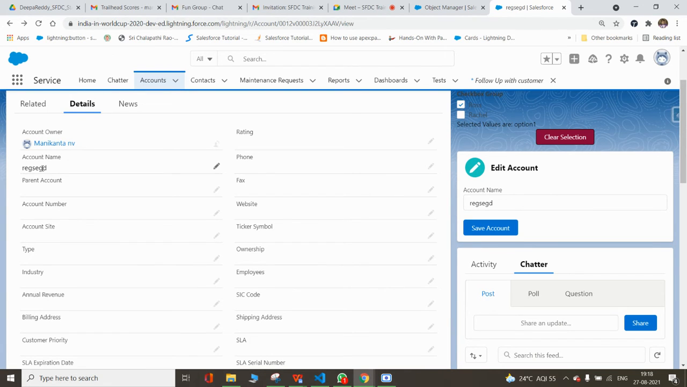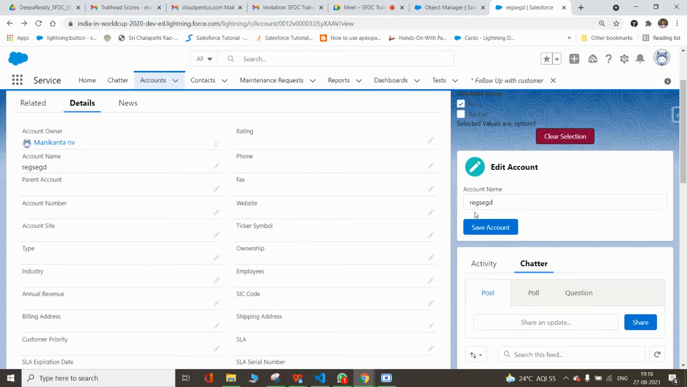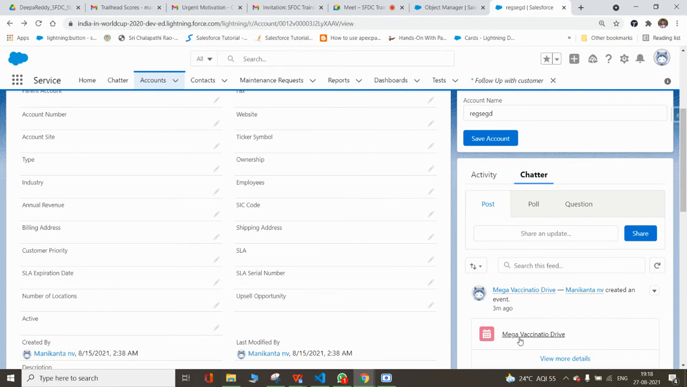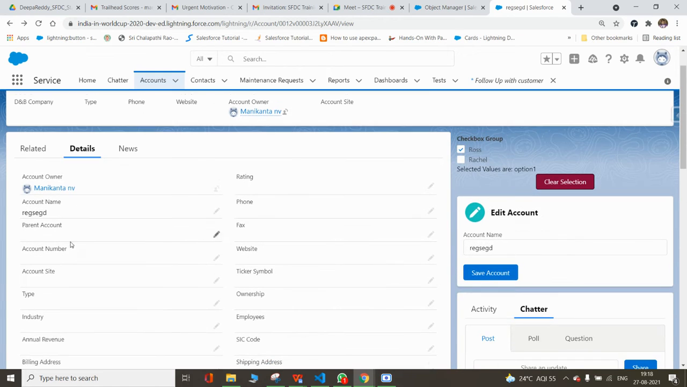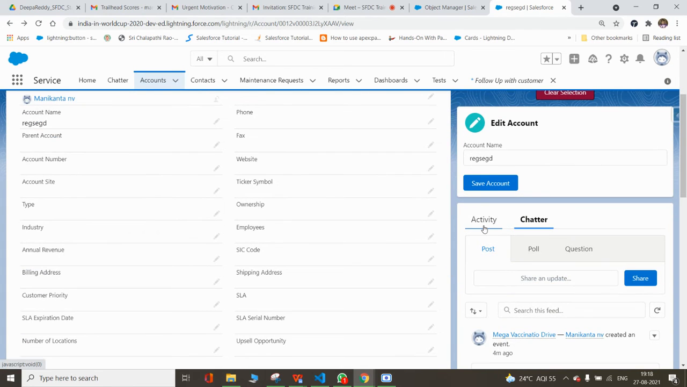If someone has access to this record, they could see the activities around this record. If someone doesn't have access to this record, they can never see it, because activities are tagged to this person. It's not an independent entity. So not everyone can access, and this could be discussed when we discuss the topic called sharing